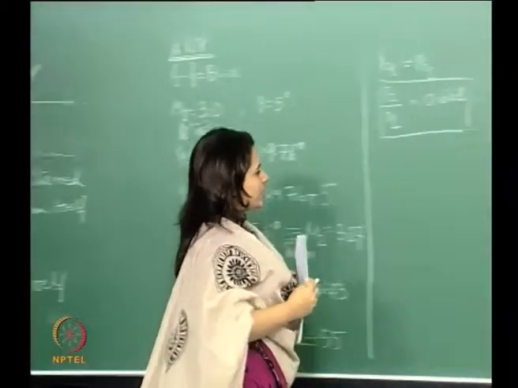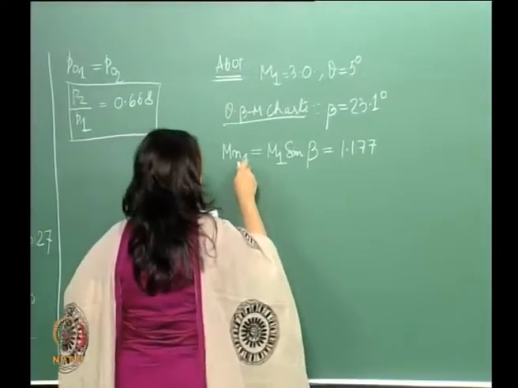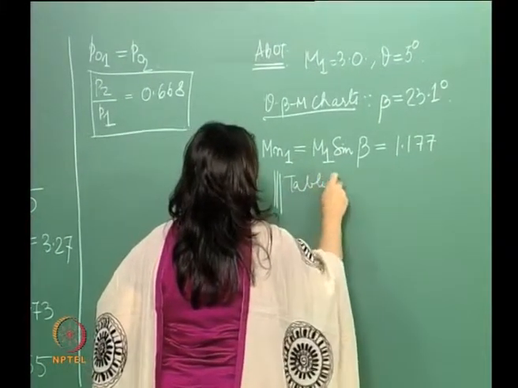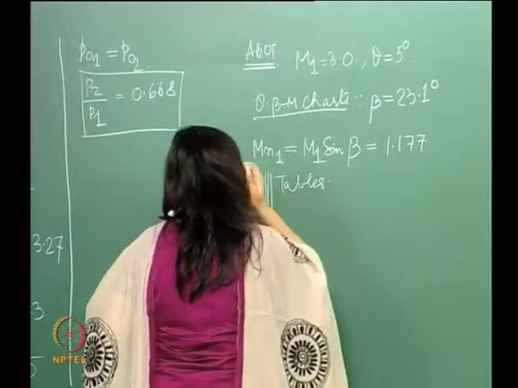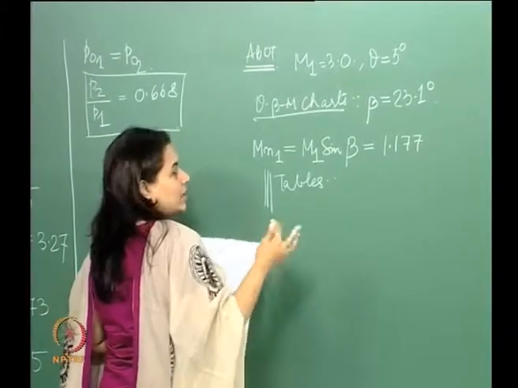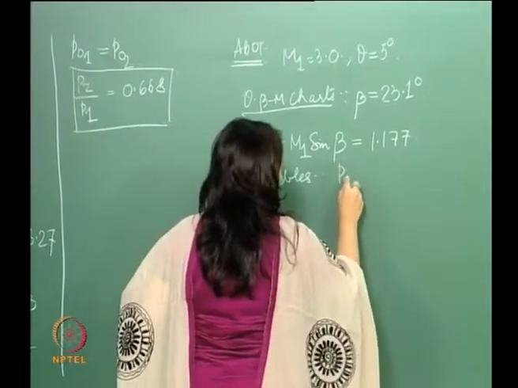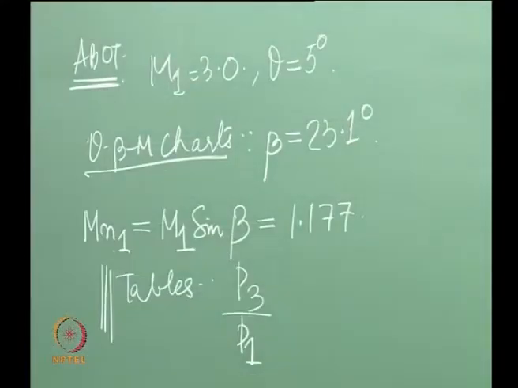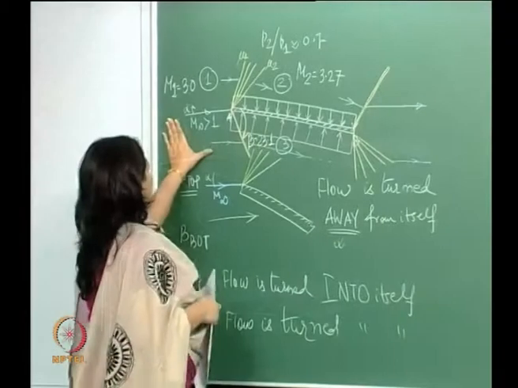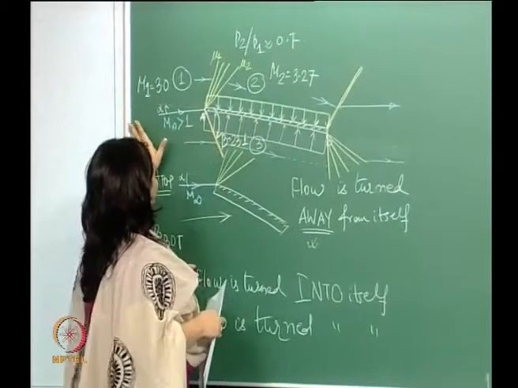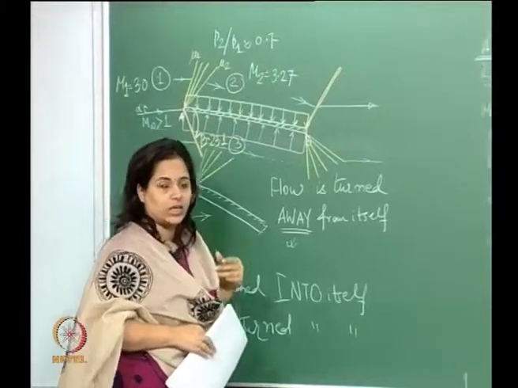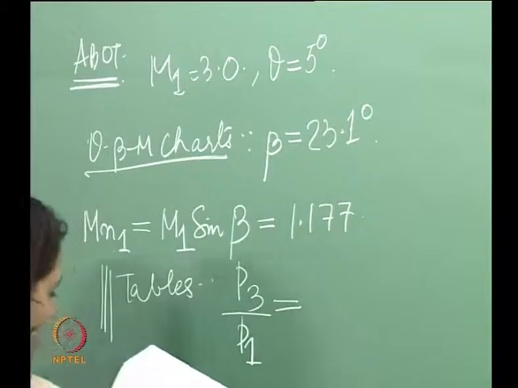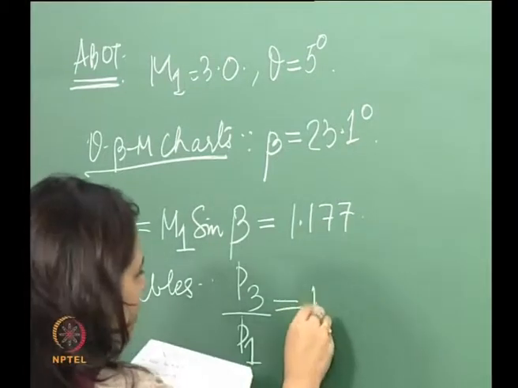So, once we have that, then corresponding to this, from the normal shock tables, what we will get is the static pressure ratio, which in this case is P3 by P1. You remember this? This is region 1. So, I am looking at pressures behind the shock and in front of the shock, this region is 3. So, we will call that P3 by P1. Okay. And we get that as